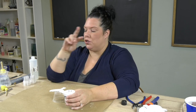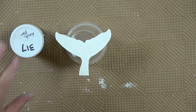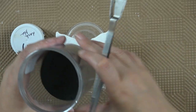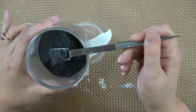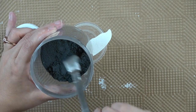So all I did was I took 2 scoops with my tweezer scoopers, 2 scoops of black and 2 heaping scoops. Maybe I should just show you 1 heaping scoop so you know. So it's 2 in equal parts, okay? I don't know how much you're gonna mix up. Equal parts. So, like this. Just 2 scoops of black, 2 scoops of dark blue, and then I mixed it all together in a jar,